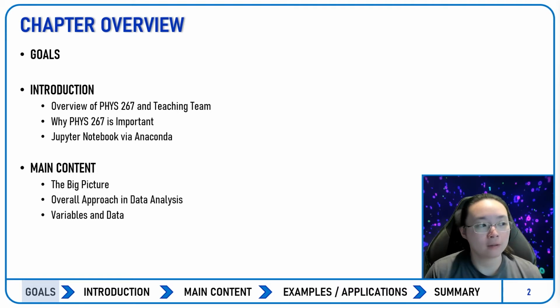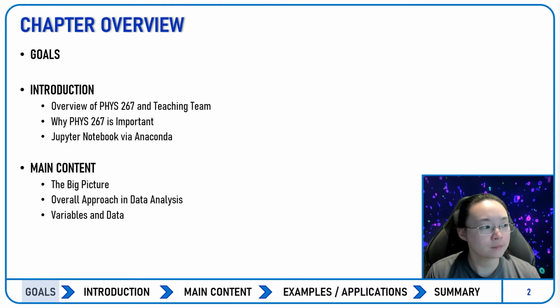So before we begin the lecture, all I'm going to do is go through the structure of these slides first. At the bottom of all of my PowerPoints, there's going to be a flow of information. We always start off with the goals of the lecture itself, basically what we're going to cover throughout the next few slides and the presentation, as well as the objectives of the lecture. Afterwards, we're going to go through some introductory content to get you used to what we're going to be talking about in the main content. We're going to teach the main concepts once we get to the main content section. If there are examples and applications, we will move on to that at the end of each lecture. And then at the very end, we're going to summarize all of the key concepts that we've covered throughout the